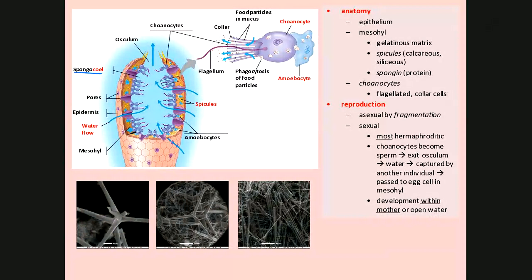Now, when those sperm are taken in, the colonocyte is going to pass the sperm to the egg, which is in the mesohyl. Fertilization is going to occur, and check this out. This is cool. The young, the junior sponge, actually begins its development inside the mother in some species. Not in all of them. Some of them, they shed it out into the water.